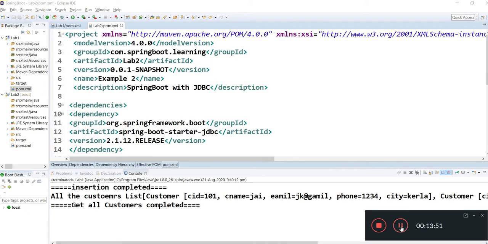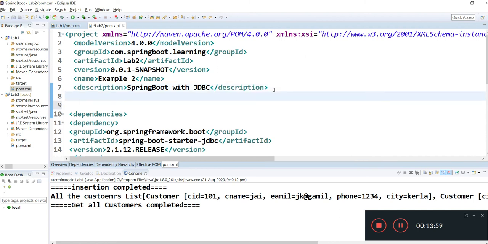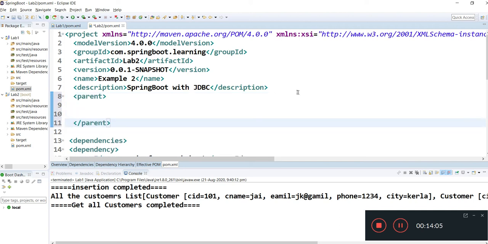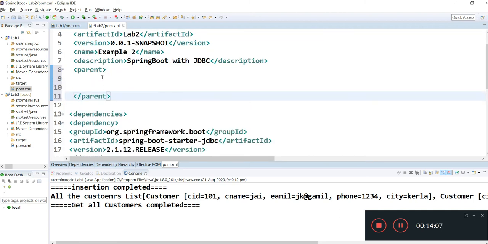Okay, in order to manage all the dependencies for your Spring Boot, we have a tag, parent. Here you can mention your dependencies.